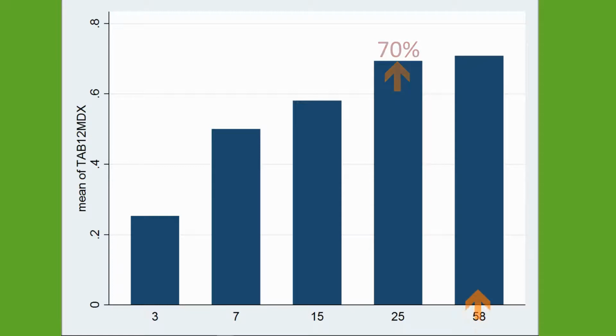Among those smoking 21 to 30 packs per month, almost 70% are nicotine dependent. And among those smoking more than 30 packs a month, more than 70% are nicotine dependent. We can also see that these rates form a pattern. That is, the more packs smoked per month, the higher the rate of nicotine dependence. So in a graphical way, we're already seeing that there seems to be a relationship between smoking and nicotine dependence,